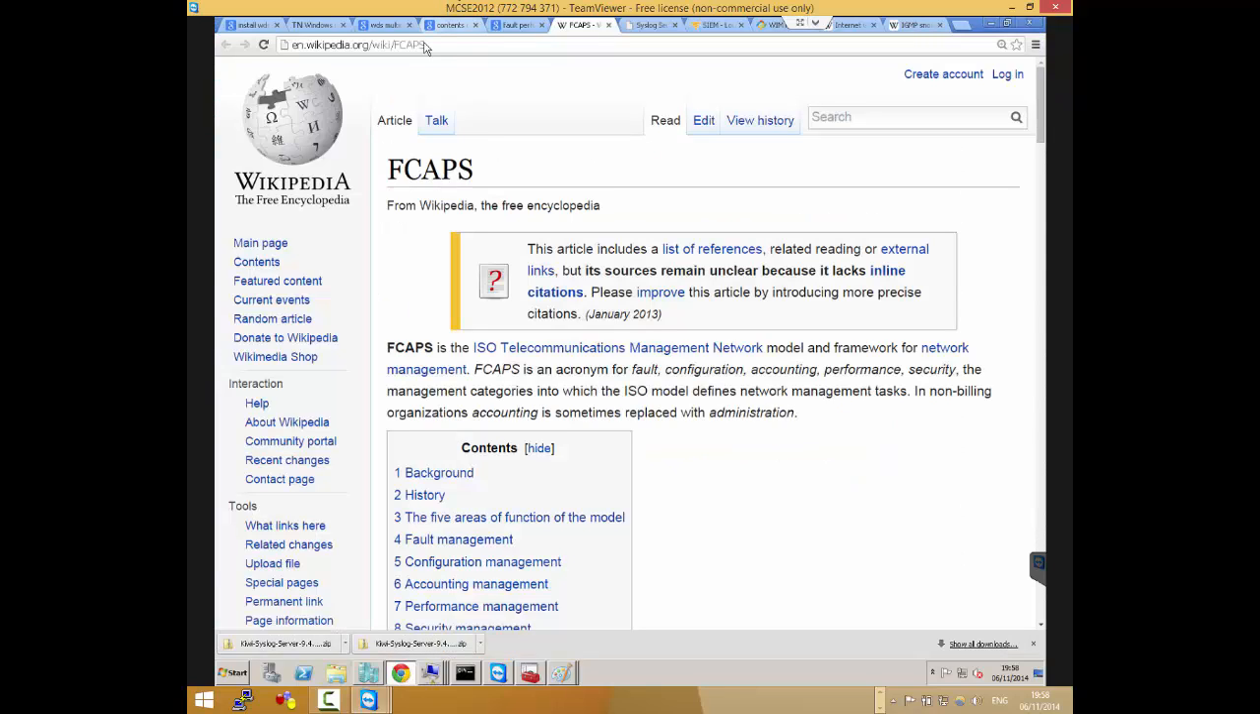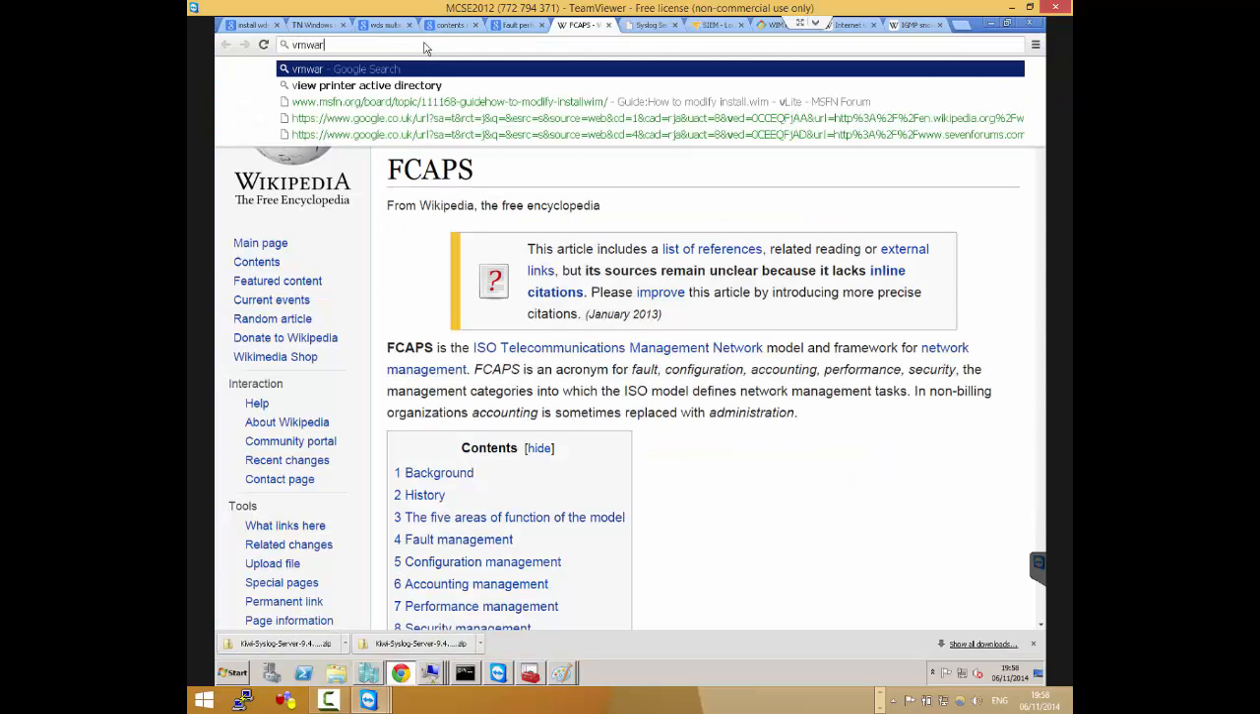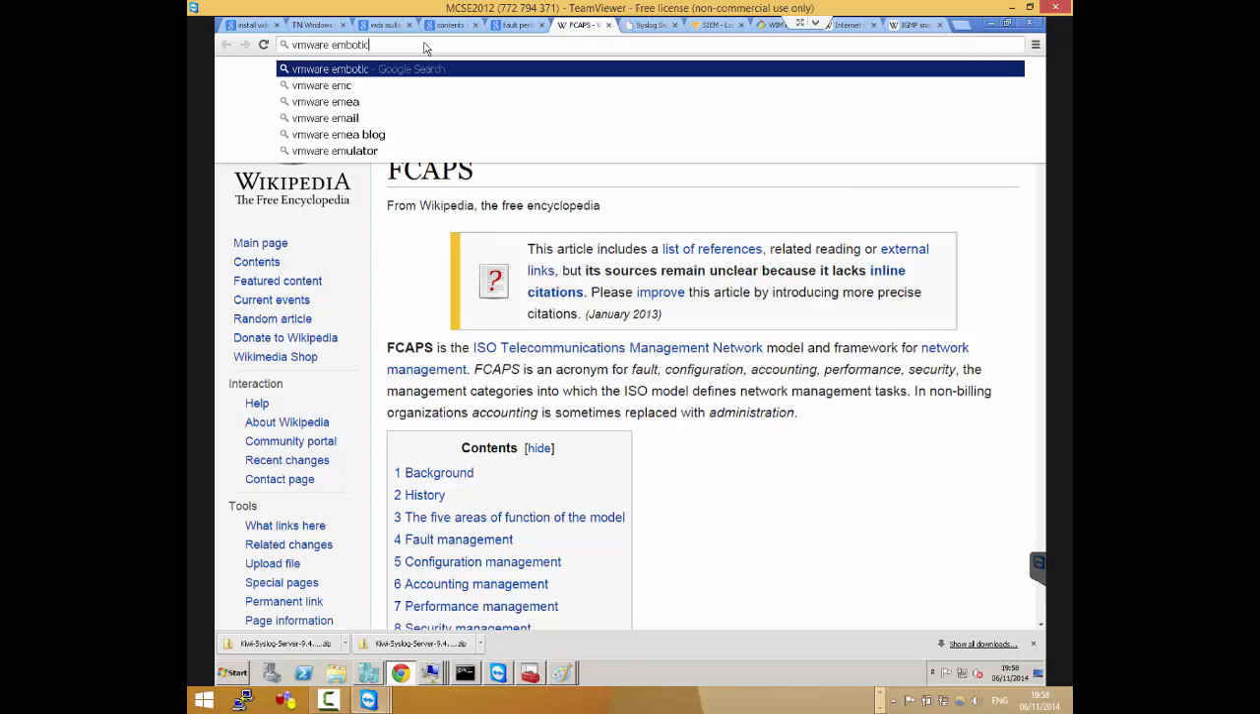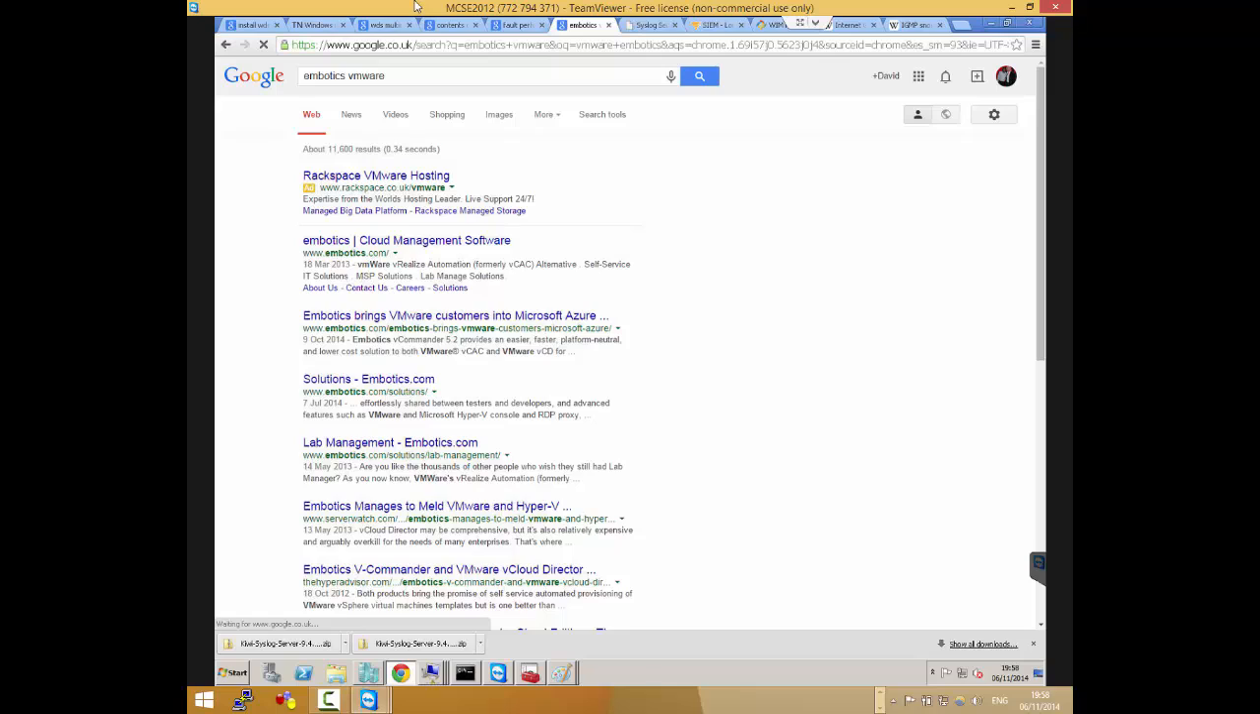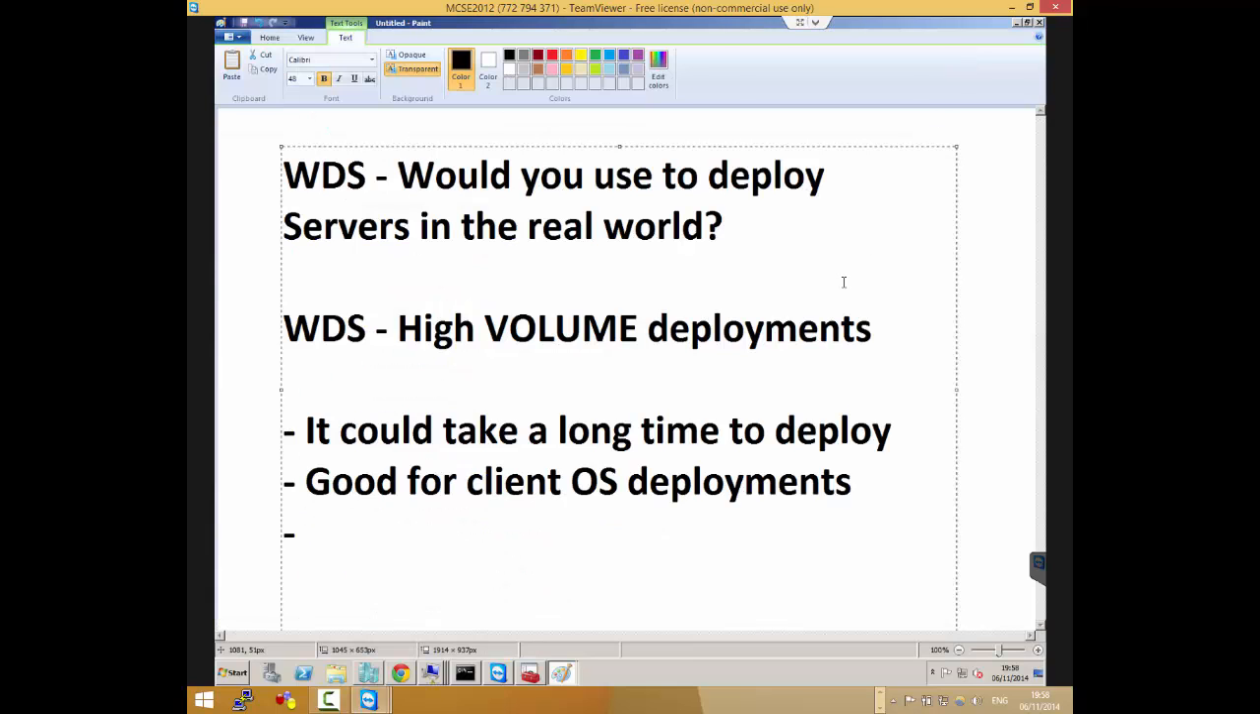VMware Embotics. Yeah, Embotics VMware. So that's what we use in the environment. We have this deployed with our internal VMware infrastructure, so that I can go to a web page and say,